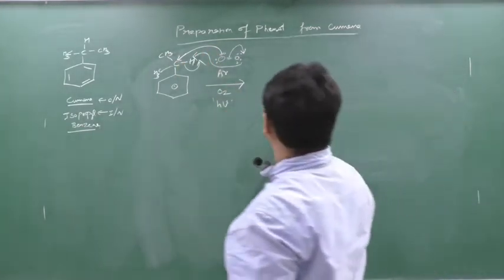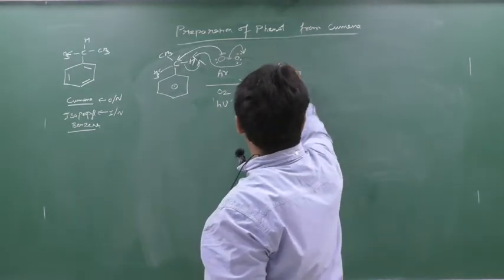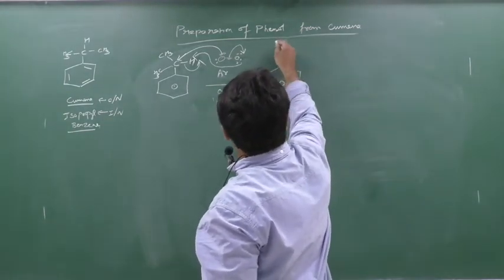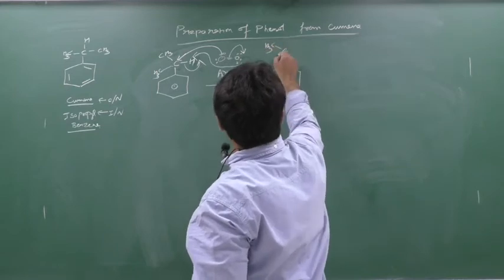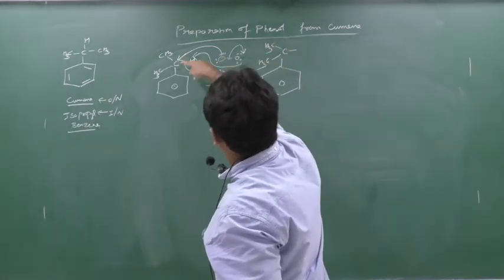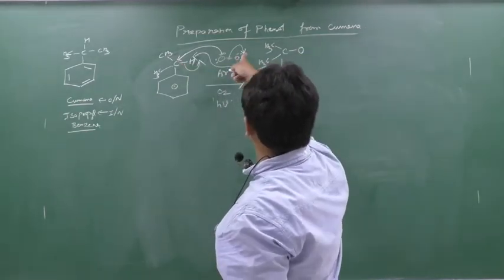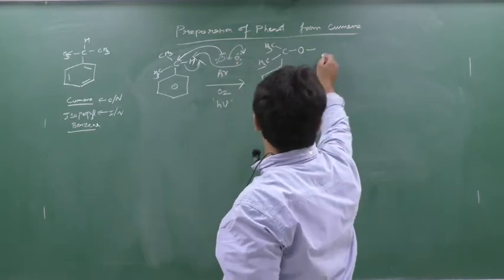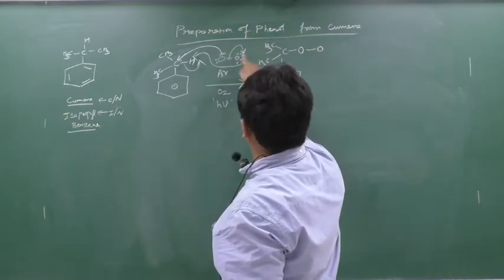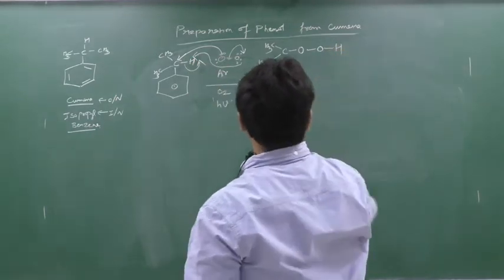So what will we get as the answer? See what changes will occur. This change will occur. There was C, there was CH3 here, there was CH3 here, clear? And this oxygen reacted with this carbon, so this oxygen's double bond converted into a single bond. And the single bond has what? Oxygen. This oxygen has a minus charge, which reacts with the H plus, which is removed from this carbon. So this will take place.